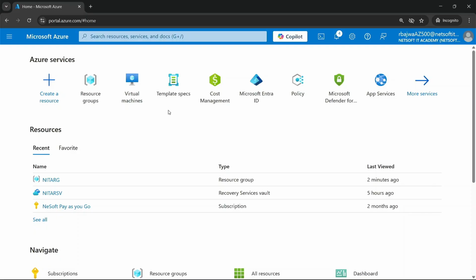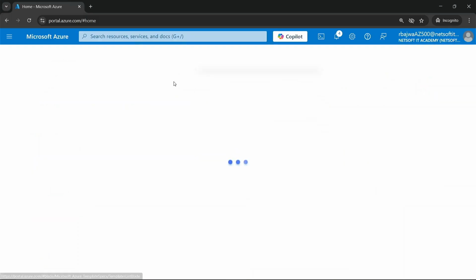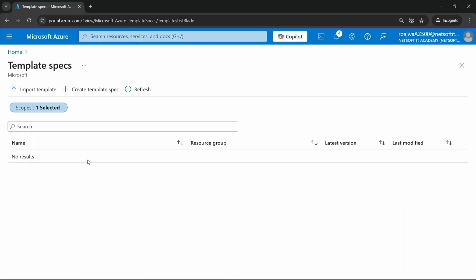Well, we can actually save it on premises on NAS or maybe on a SAN or maybe in just your hard drive. But what about if you want to save it on cloud? Well, there is a tool called template specs for that. So search for template specs. And over here, you can either import the template, which you already saved, or you can create a new template spec. So basically, you just click here,